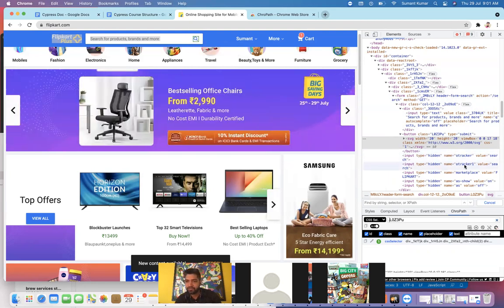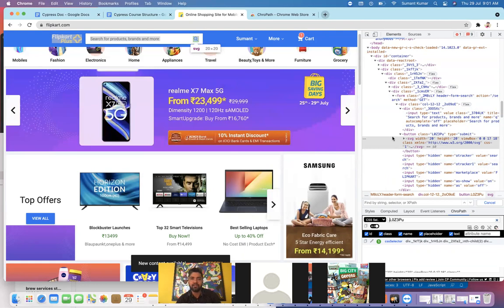Okay, so that's what I'm telling, right? We don't know which element we won't be able to find, like in Flipkart. Once the real-life scenario comes, only then we can write it. So you should know the way of writing this XPath.